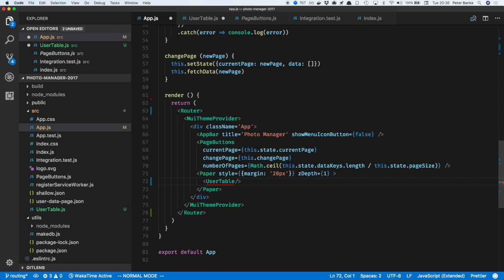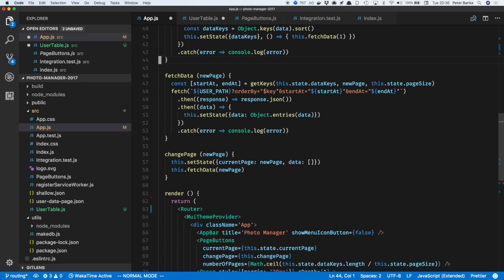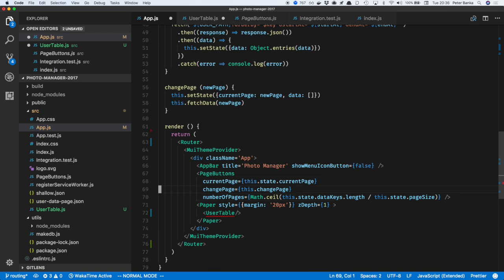So, yeah, and then there's the case where you're going to do that. It's simple, at least at the moment. There's probably less surgery that we have to do to app, right? Because we're going to have to rip all this stuff out of app and throw it, at least a lot of it, into user table. And right now, it's all set up